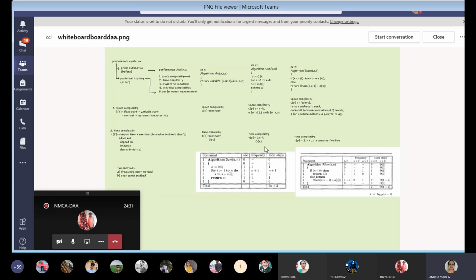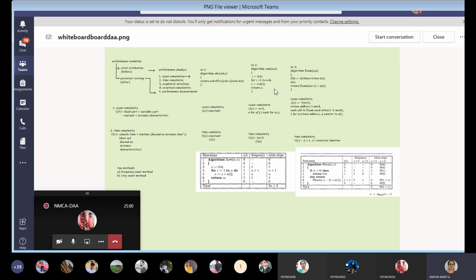Okay, then moving on to the second example, as I was telling you already. So again, let's see here. S is equal to 0, since this is an assignment, it takes 1. And the for loop, as I already told you, takes n plus 1. N is for the number of elements and plus 1 is for the failing condition. And whatever statements are within the loop take n times.